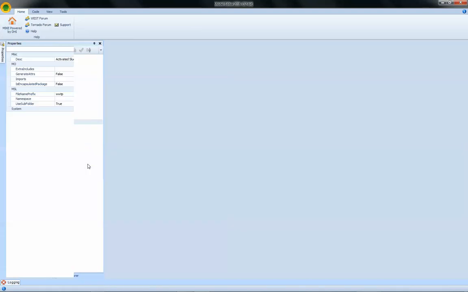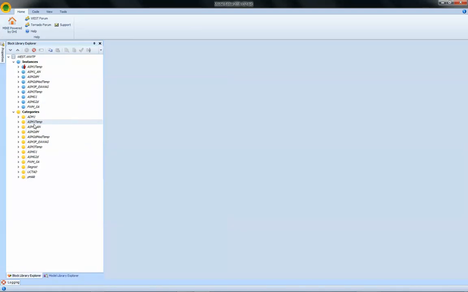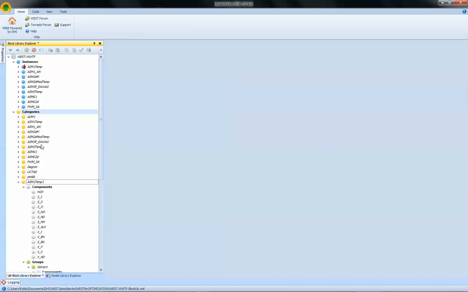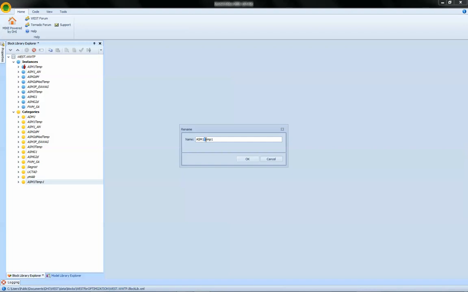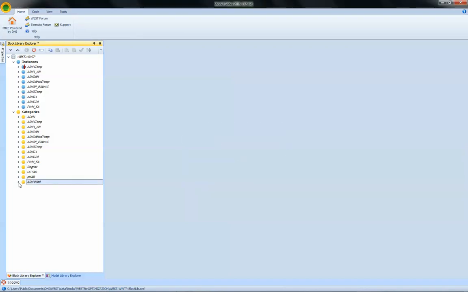Let me just collapse for a couple of minutes the properties pane. Select the ASM1 temp you see in the categories branch, right click, copy. You can do the same by using the shortcut or the button here in the menu bar. So copy, then I select the branch, categories, paste, and a duplicate of ASM1 is appended to the list of categories. Next, I'm going to rename it to something slightly more meaningful, ASM1 mod for modified, and then I can